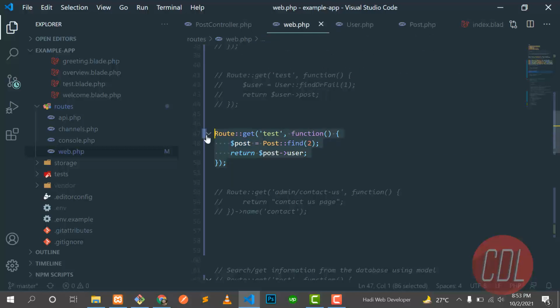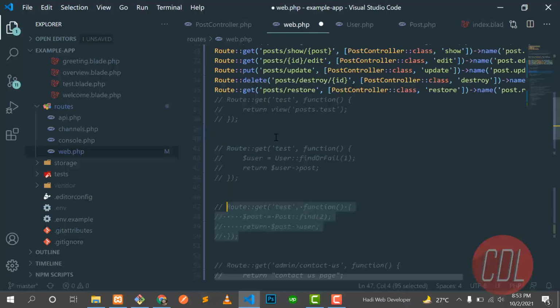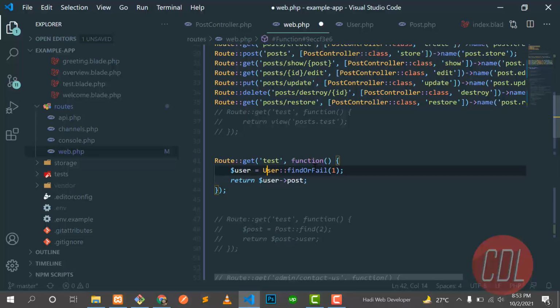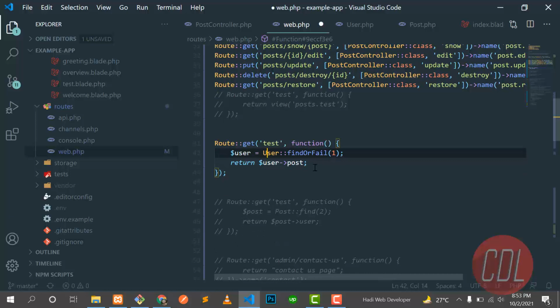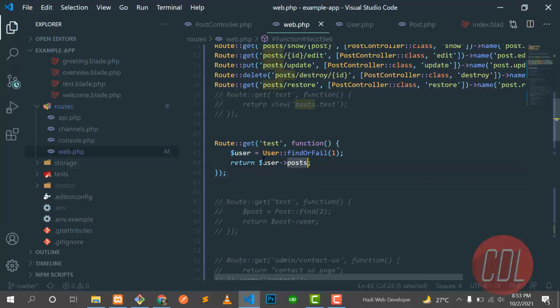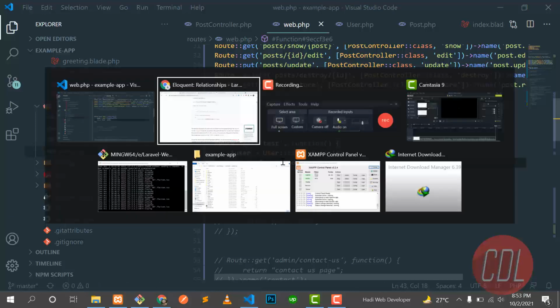And let me comment this out because we implemented this reverse relationship, so you can understand it by going to my previous video. Okay, we are getting the first user, and now we are returning this post, right? In our case it's a post. We change this from post to posts, make this plural. So save this one. Now we call this from this user object, so we are getting the first user's posts, right? So it will return all the posts of the user.